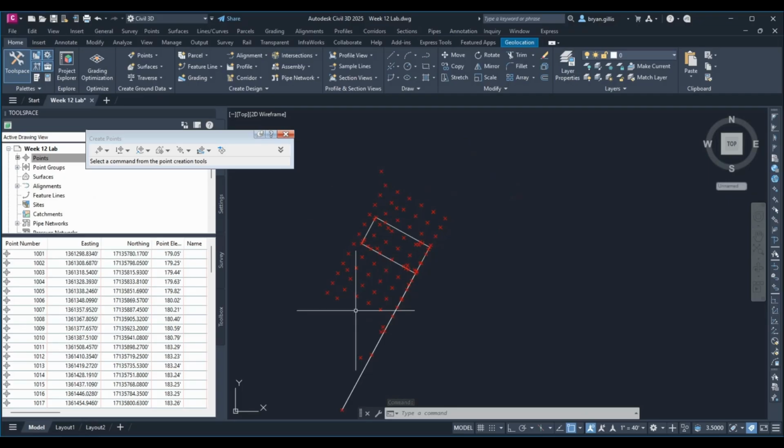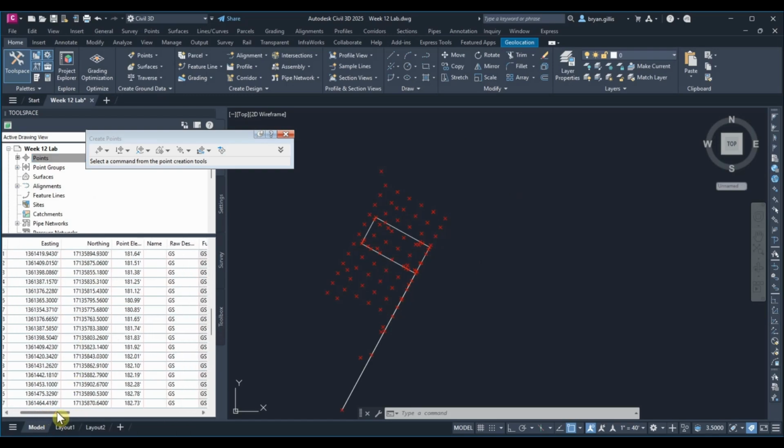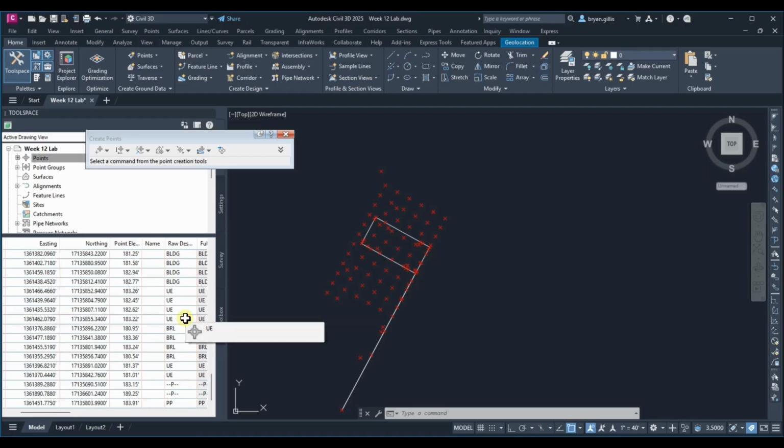You'll be able to check over here to see you've got about 99 points that were brought in. And these points are supposed to simulate field data that we would have collected on-prem if we were doing this survey. So go ahead and review the different points, their raw descriptions, to try to get an idea of the type of information that we collected in the field. So we have ground shots, we have some trees, we do have our found corners,